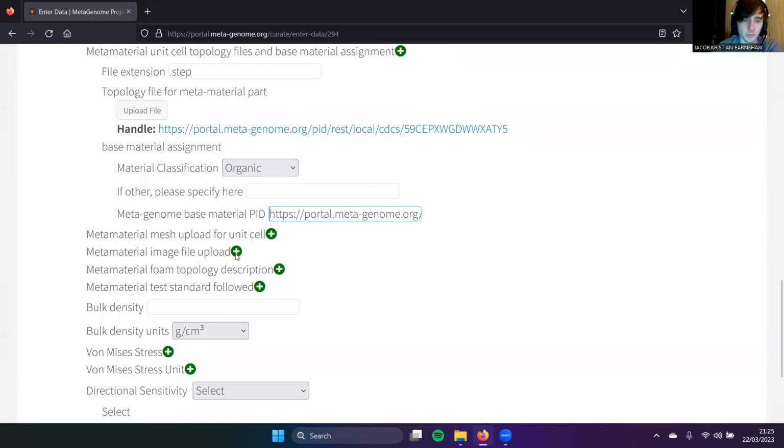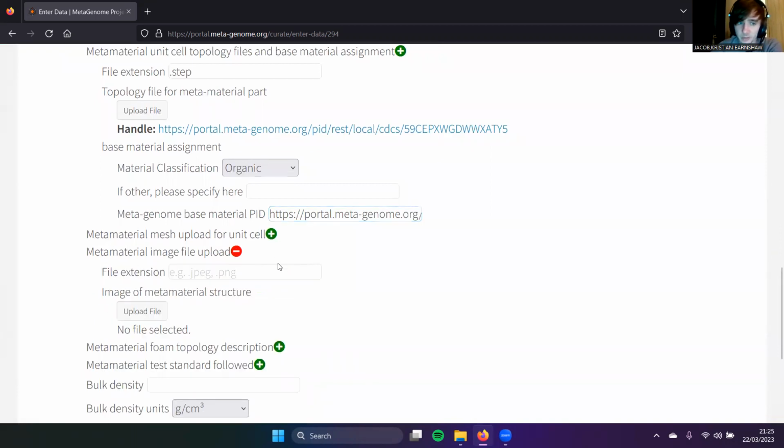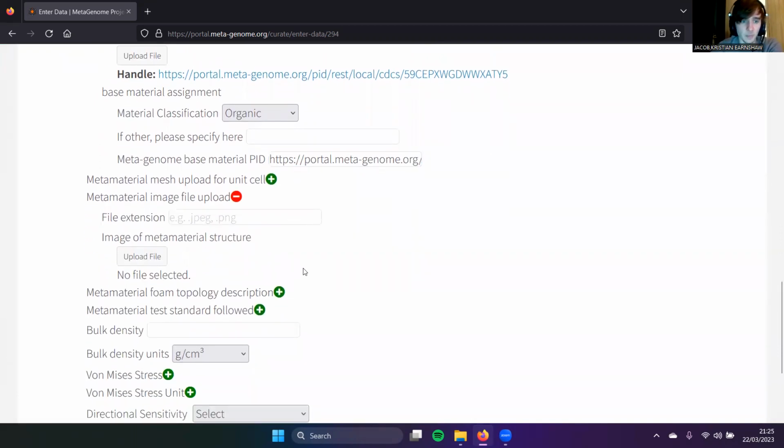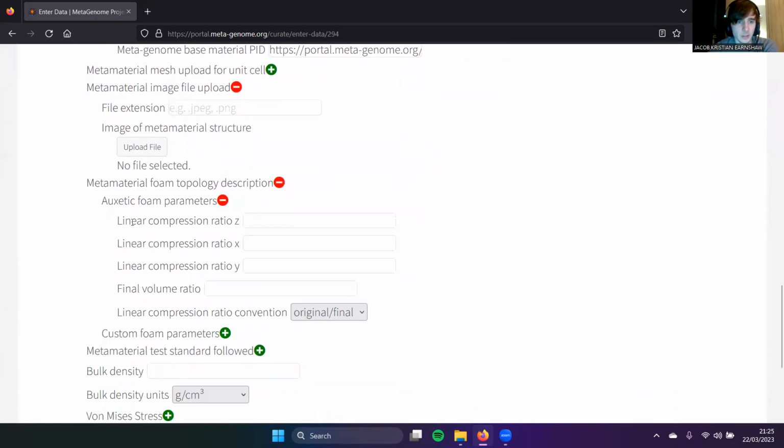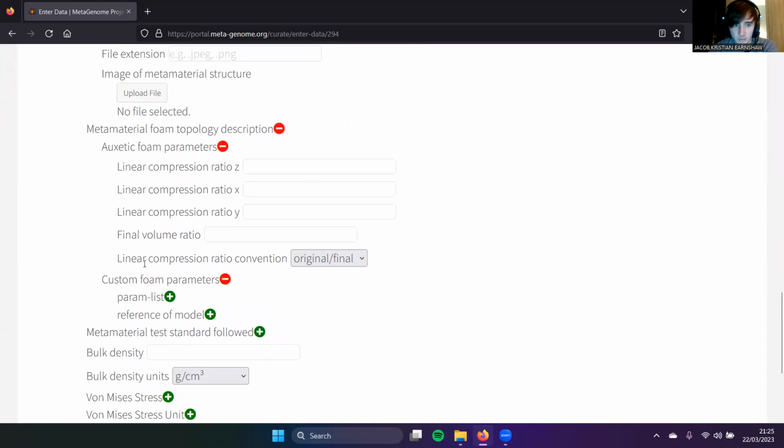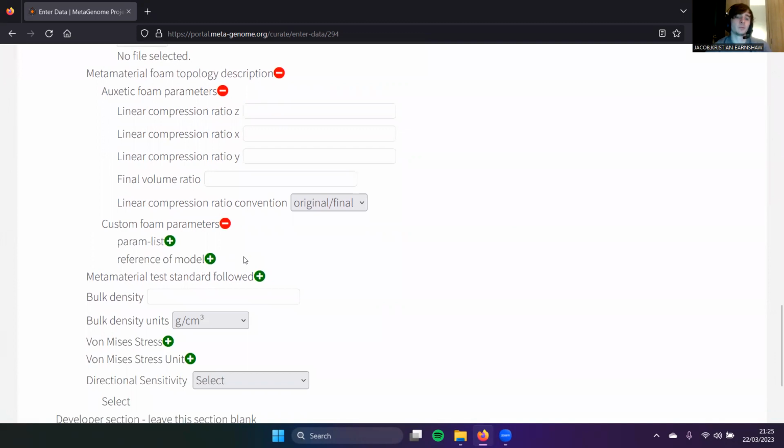We also have the opportunity for people to upload an image file if they have those available. And yeah, if you have a foam, there are ways for you to describe your auxetic foam parameters. And if you have custom parameters, you can fill them out here. So this has covered most of the